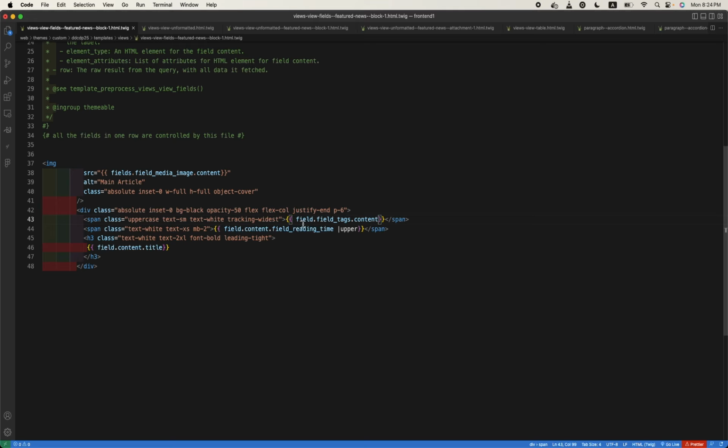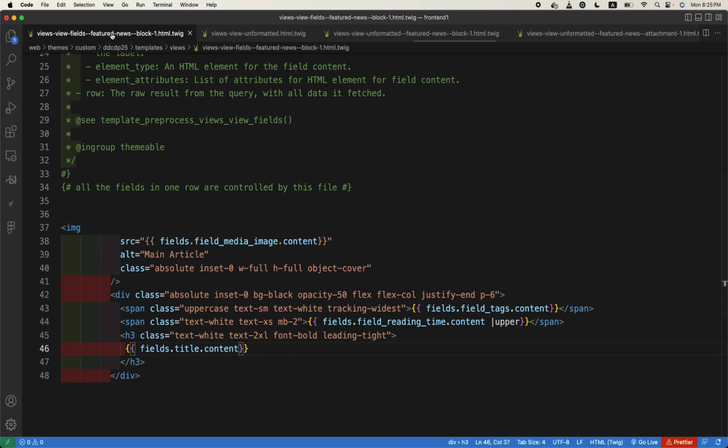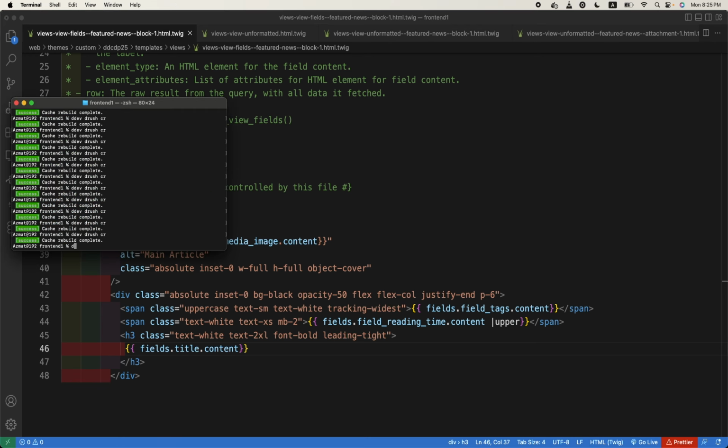Fields. Yes, this is fields, and this one should be dot content at the end, and fields dot content. And this one also should be dot content at the end, and fields dot title dot content. And remember, we are doing it inside the views dash view dash fields dash, the name of the view and the display. So if we refresh the page,